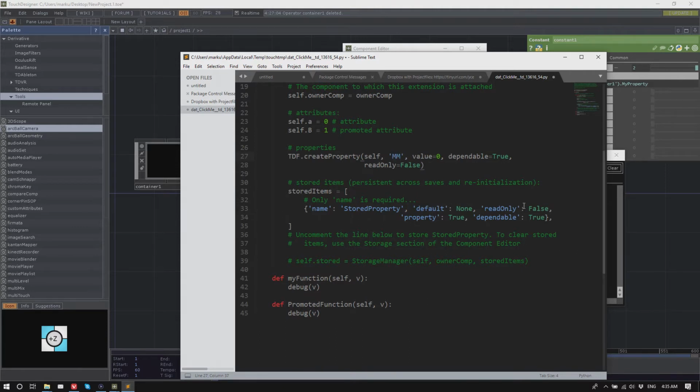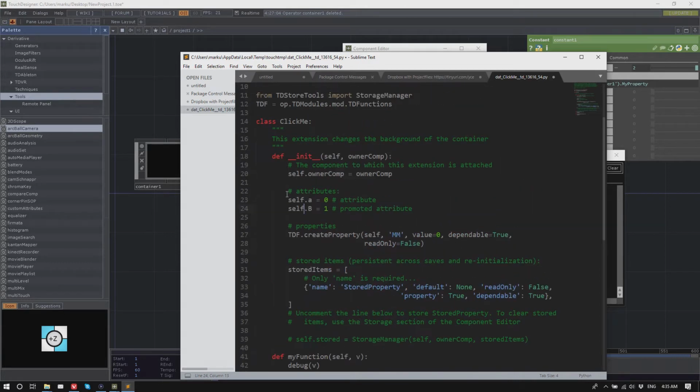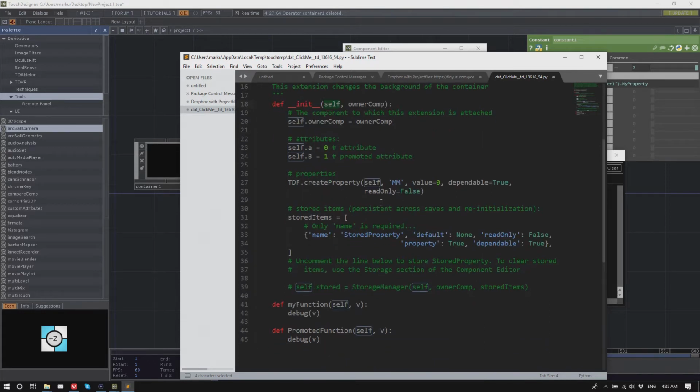But also with the self dot you can. Oh right, so the self you need because the self is. Yeah, I know this. Okay. But you can also say, instead of self dot A, you can also say self dot myproperty.